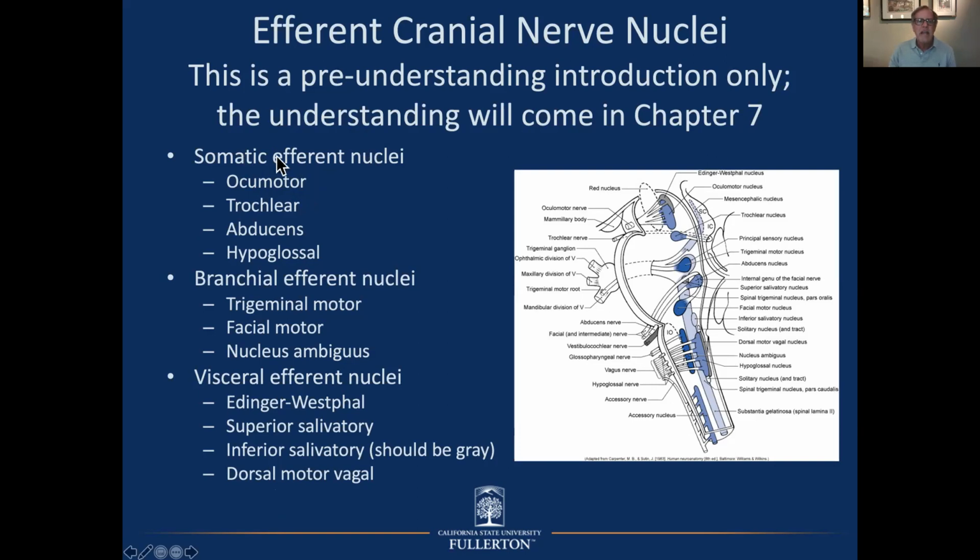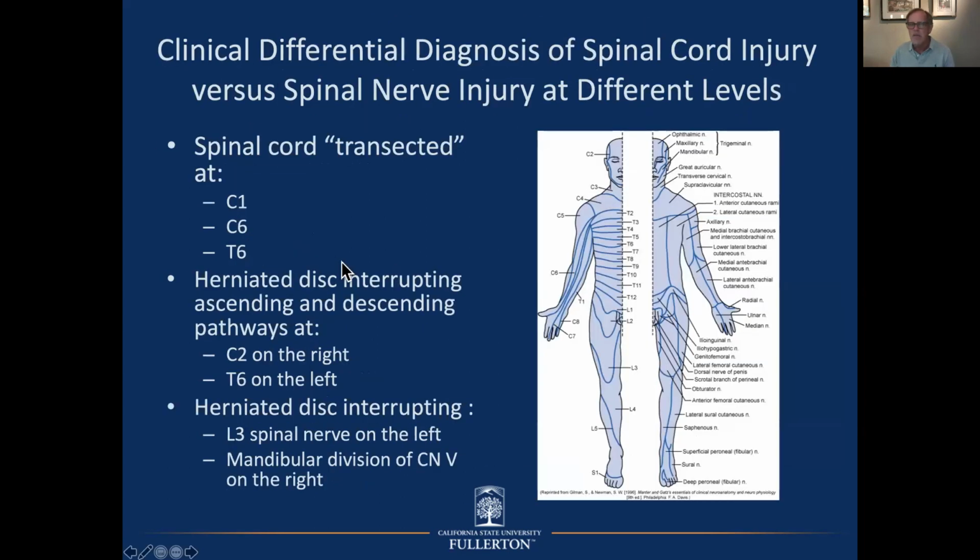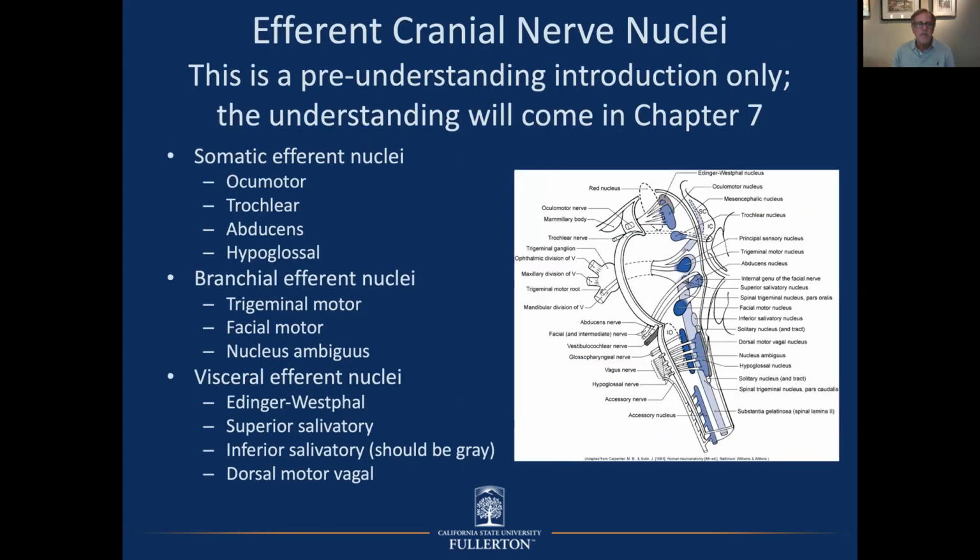Somatic efferent neurons are going to go to muscles, and they're going to go to muscles that didn't grow from branchial arches. Up in this area, it happens to be 4 sets of muscles: the extraocular moving muscles, that's 3 of them, oculomotor, trochlear, abducens, and the tongue. Excuse me, the tongue. And so what I want to do is, first of all, explain the concept of a